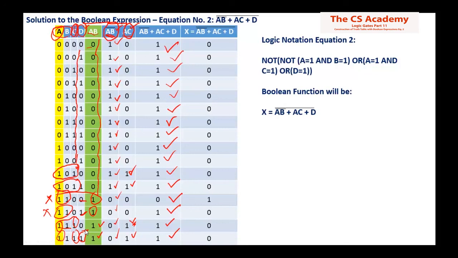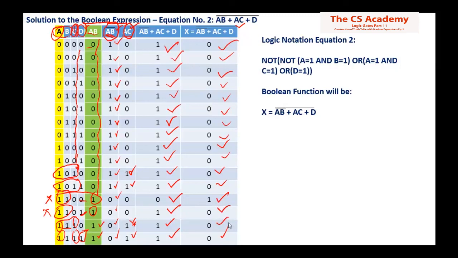Now the last case, where you apply the NOT to this whole equation. You can see this is the NOT sign, this is the top bar. So you have to invert all the values you have just calculated or evaluated. See, all 1s become 0. This is okay, all the values are okay. You have got just one case where you will see 1. So you can see how complex this digital logic is.